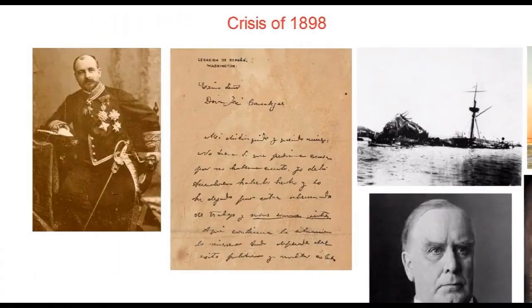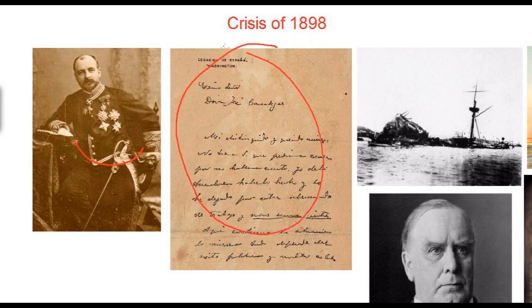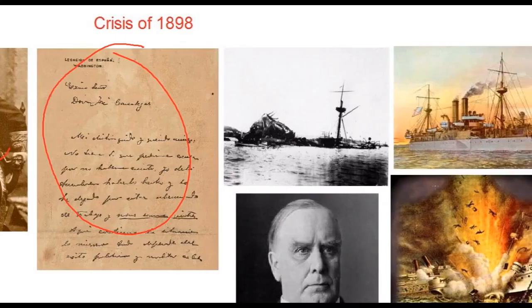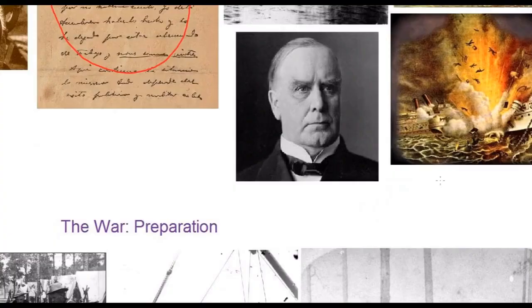And they began in February of 1898 as a result of a letter written by Enrique de Pueyrredon, who was a Spanish minister in Cuba. And he wrote a letter to his government, which we have pictured on the right here, in which he called President William McKinley, America's president at the time, a weak president and basically said he was really an unfit leader and not particularly interested in actually mediating this conflict.